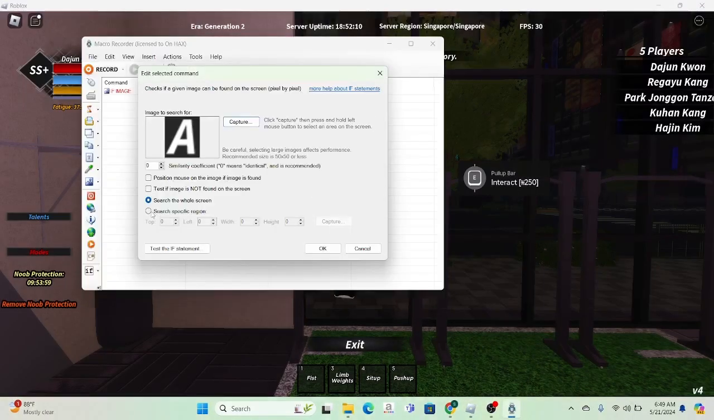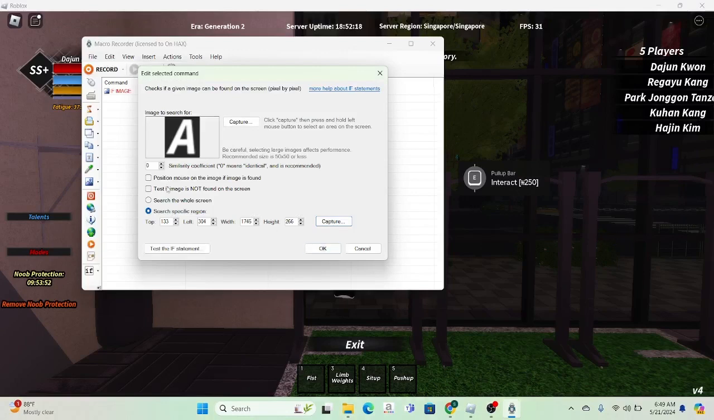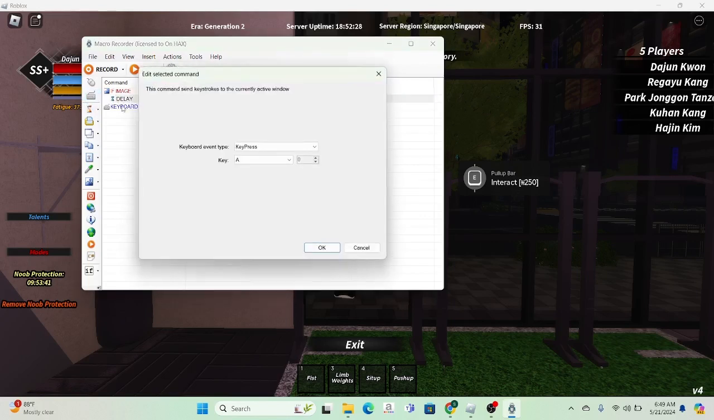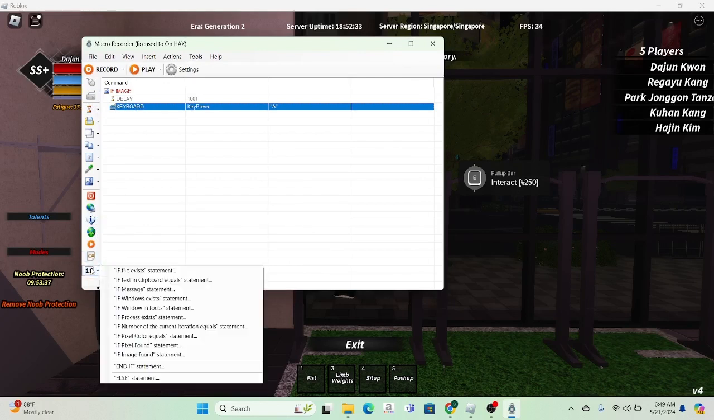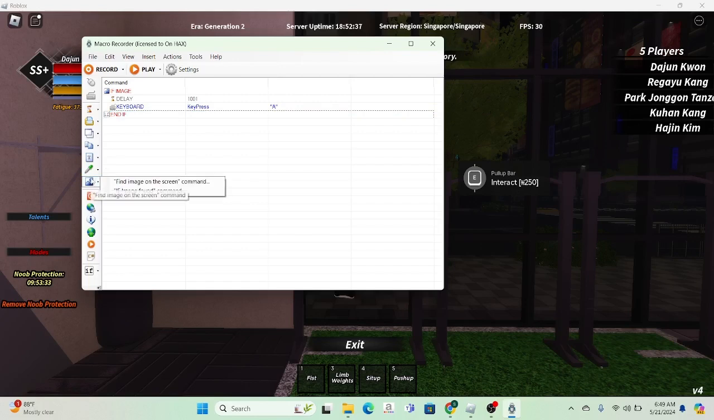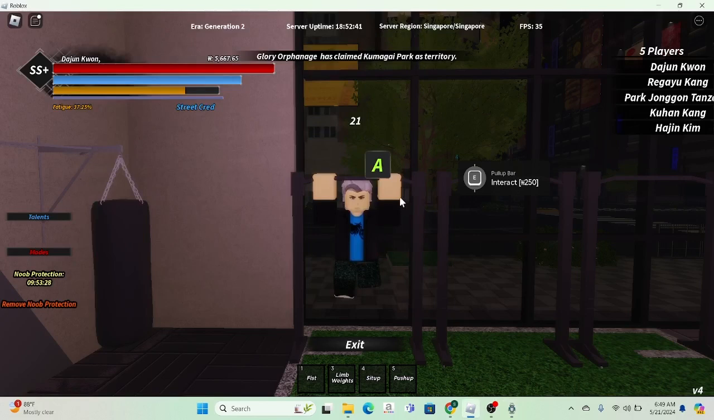capture, and then search specific region, turn that option on, start from here, over here, and then you're gonna turn that to 15. You're gonna add a delay, which is 1001, and then your keyboard command, and then you end it with an end if statement, and then you're gonna go if image again, go back to the game,